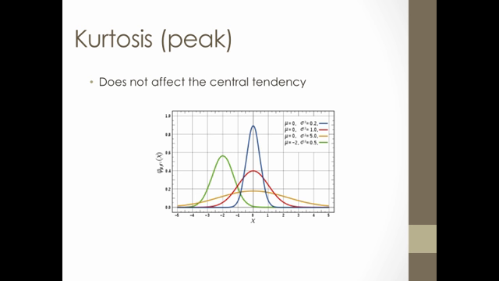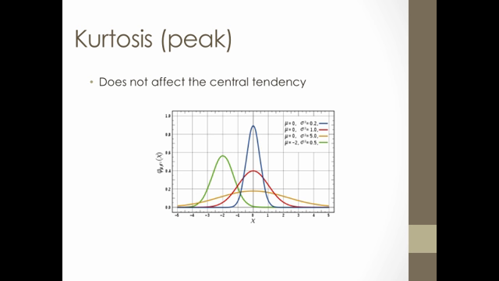Okay, so the final term that we use to describe a univariate distribution is kurtosis, and that essentially gets at the peakedness of a curve and the thickness of its tails. As you can see up here, we have several different symmetric frequency distributions, but there are different levels of peakedness and flatness in those distributions. I don't want to get too technical with you. I just wanted you to be aware that this idea of kurtosis describes the relative peak of the data, and something like the blue